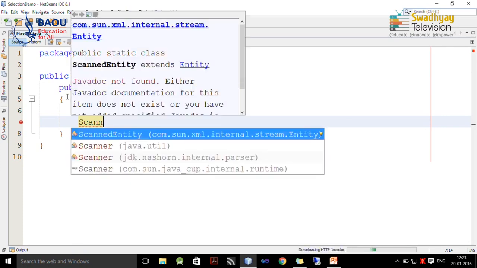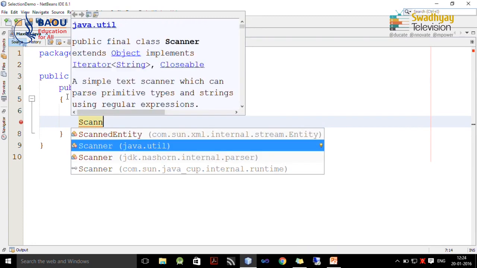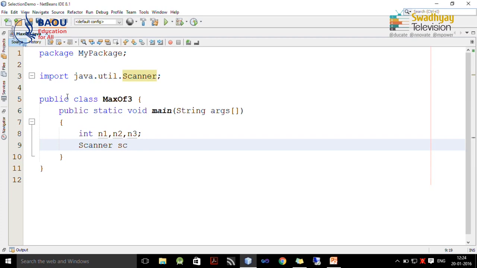By pressing control space bar, you can activate these IntelliSense or help. From list you have to select scanner. You can see our scanner class is from java.util package, and after selecting scanner class you have to press enter, and you have to create object name which is sc in our case.